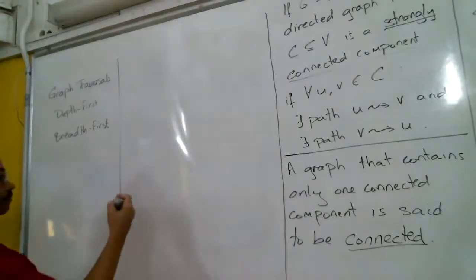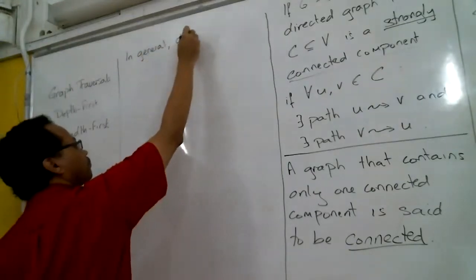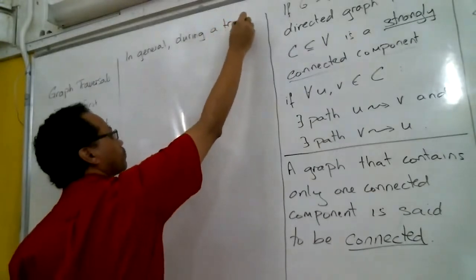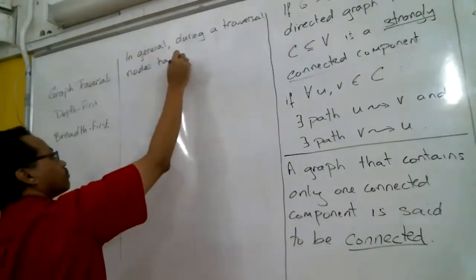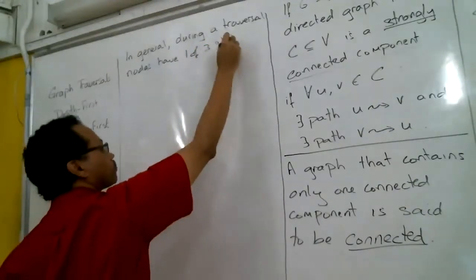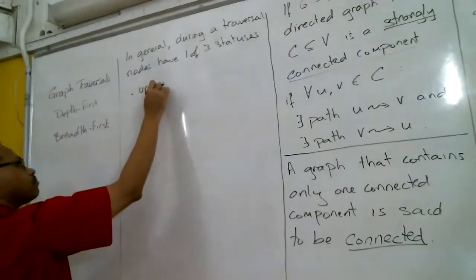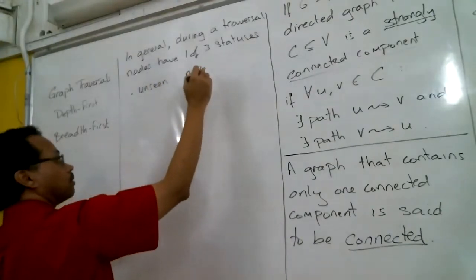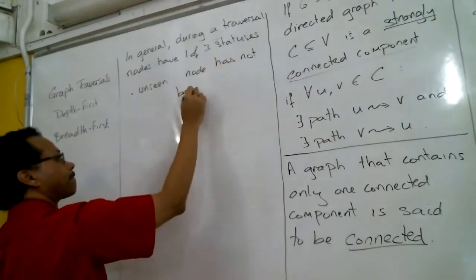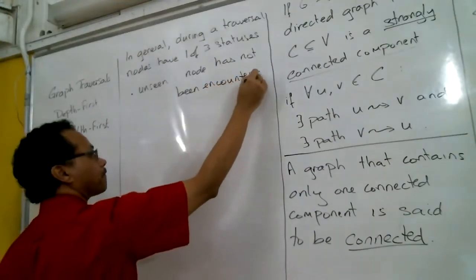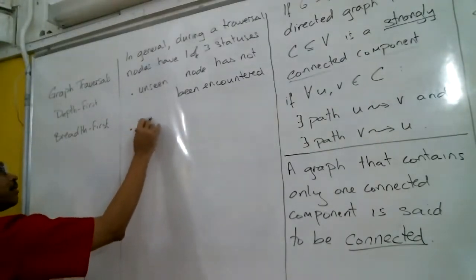But in general, this is true. In any traversal process, the nodes have three statuses. So there is unseen: the node has not been encountered yet during this traversal. We have visited, as I mentioned,